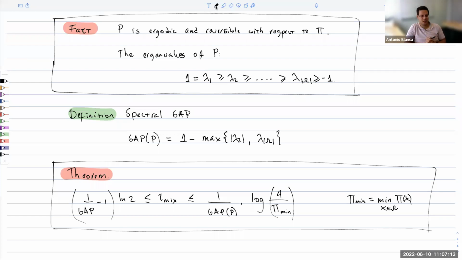By the way, are there questions here about the theorem before I move to the next? No? Okay, so